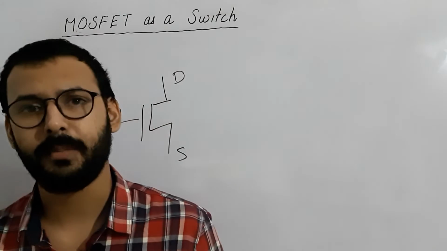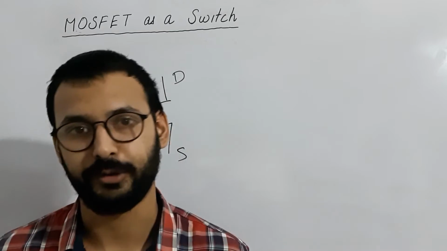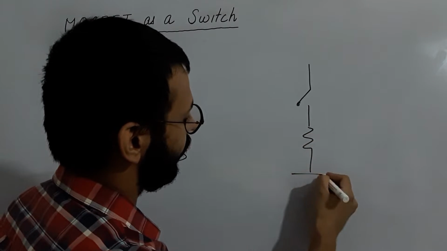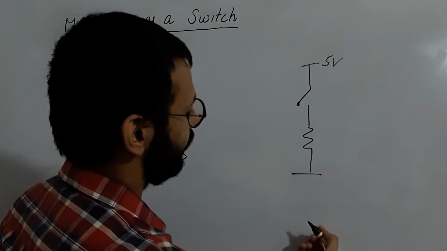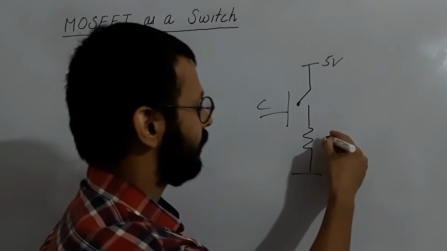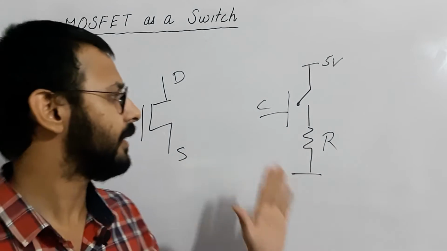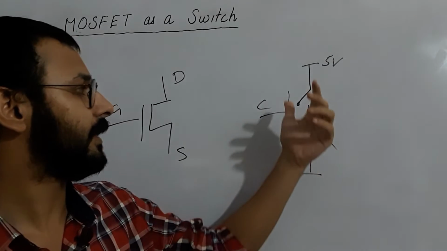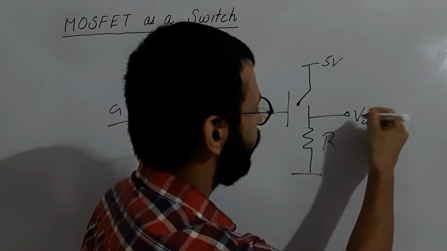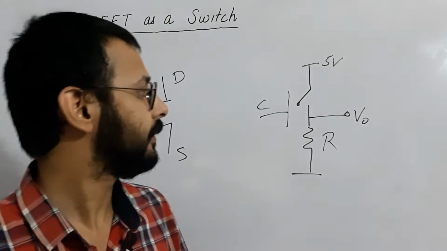If I talk about the general switch that we have already used in day-to-day life, a mechanical switch, we have 5 volt, then the ground and a control switch. And this is the resistor that we have. This is the control switch, or mechanical switch. If we press the switch, then the circuit will be closed and I will get the output here, 5 volt. A simple switch. We all know exactly how it works.